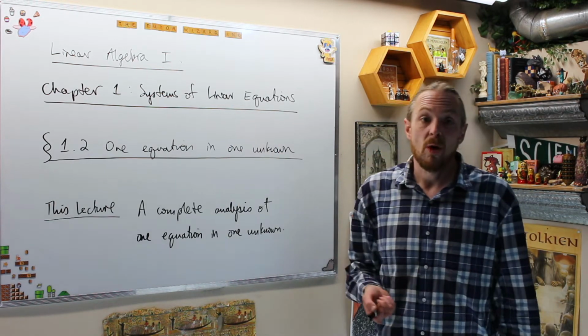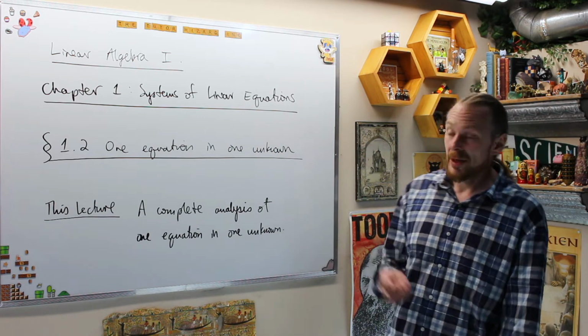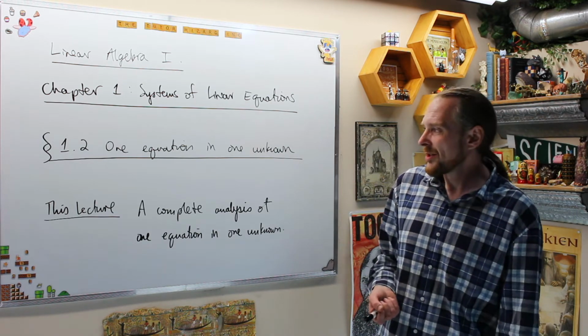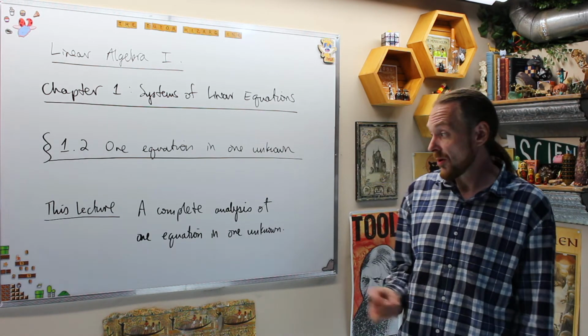We're doing Linear Algebra 1. This is Chapter 1, Systems of Linear Equations. We're going to start Section 1.2, which is going to be one equation and one unknown and a complete analysis